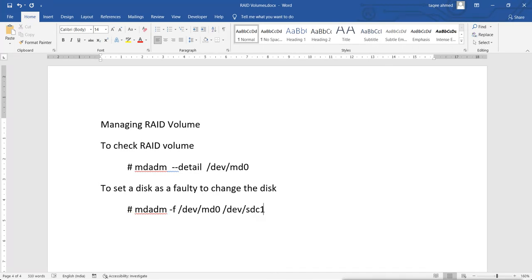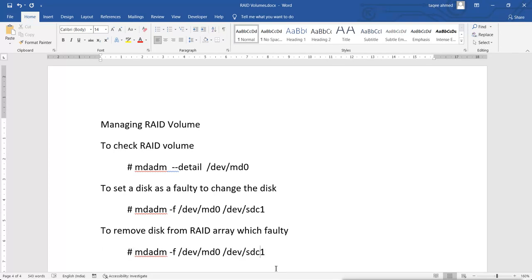Now after setting it as faulty, to remove the faulty disk from the RAID array, the command is actually the same, only the option changes, it will become -r.